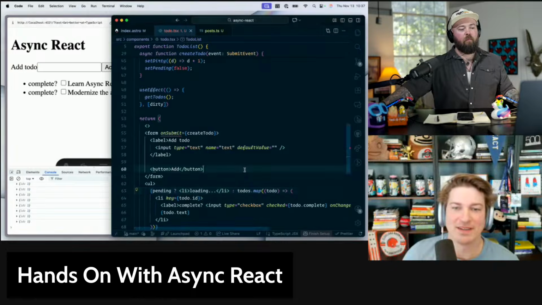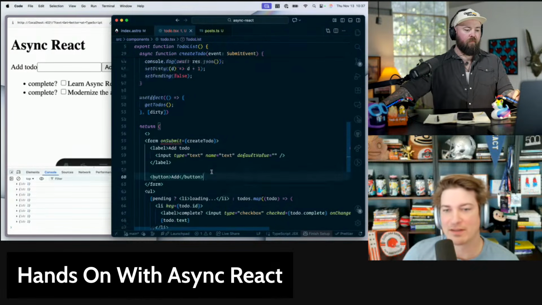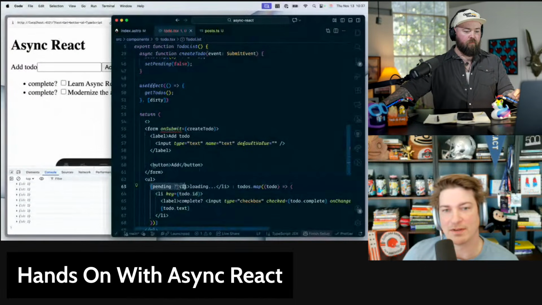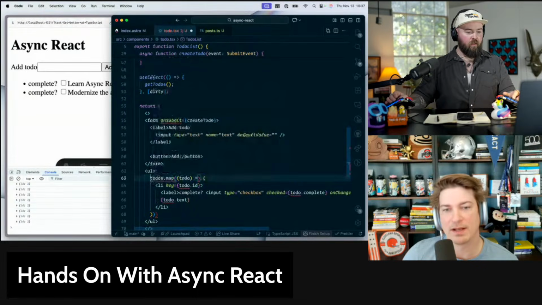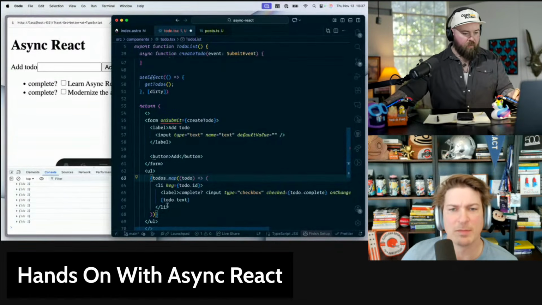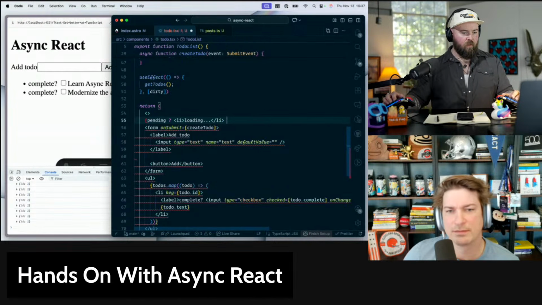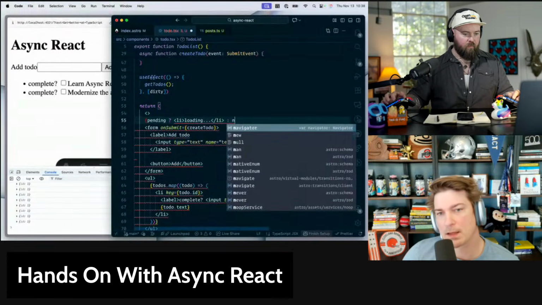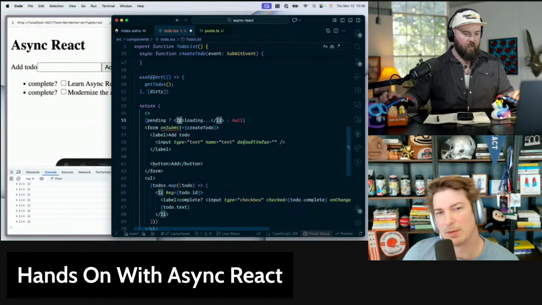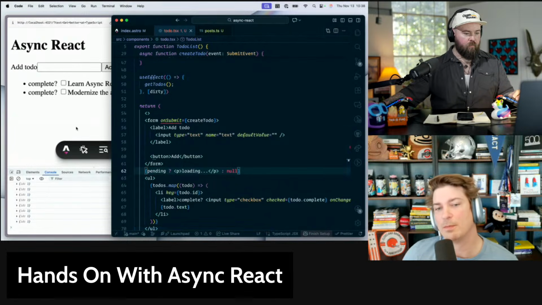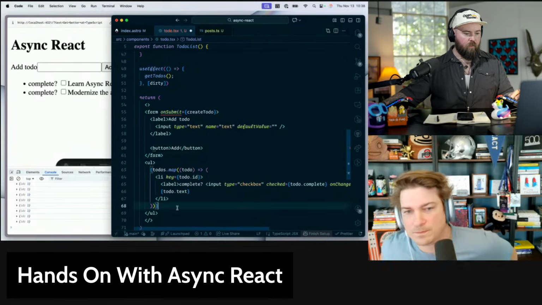Let's move that loading state up to outside of the list, so the list kind of stays there. Yeah, we don't want to unmount the list while it's pending. We just want to show a little loading feedback. So above, maybe above the form, let's do a paragraph. Or maybe let's do it below the form because this is going to shift content down. Or below the list as well. Okay.